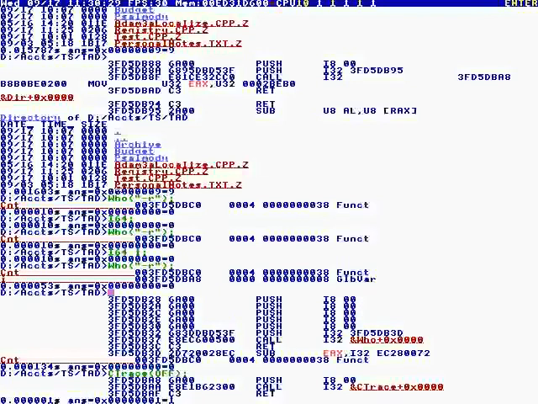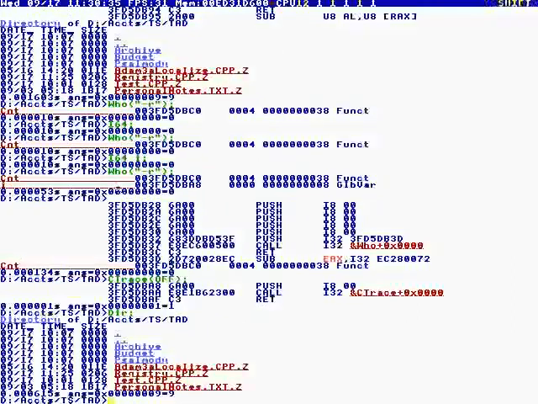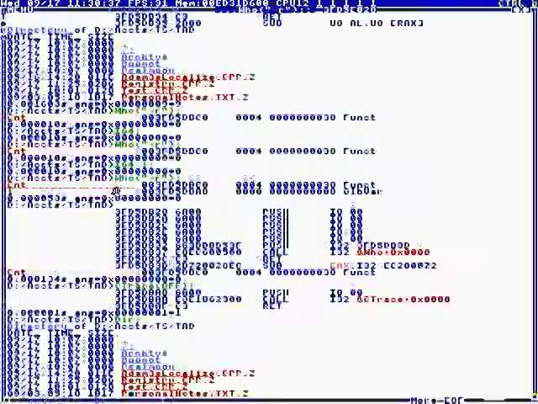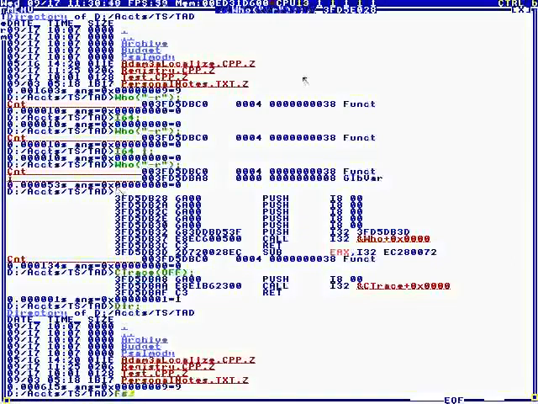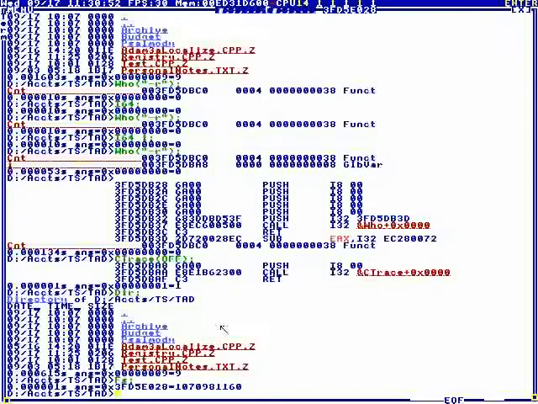Okay, there we go. So the current task is in the FS segment register. You'll see the current task record address is up, if you look up here by the top, 3FD5. The current task is also in the FS segment register. You see the 3. This matches the upper corner here. Okay, so